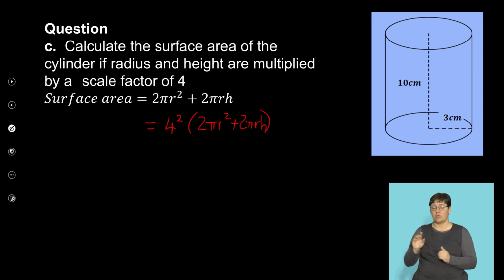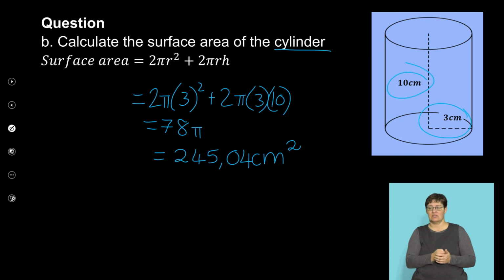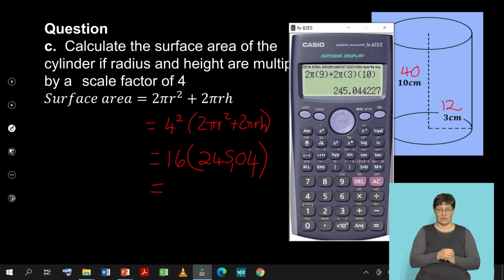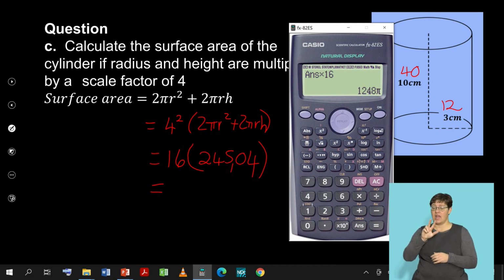Another way you could do it is say that my new radius multiplied by a scale factor of 4 would be 12, and my new height would be 40, because it's 10 times 4. But this way is slightly easier because I know that 4 squared is 16, and luckily for the previous slide I calculated my answer, which was 245,04. So it's going to be my scale factor squared times my old surface area to get my new surface area. So this just has to be multiplied by 16 to get my new surface area. And if I do that to the second decimal place, it's going to be 3920,71